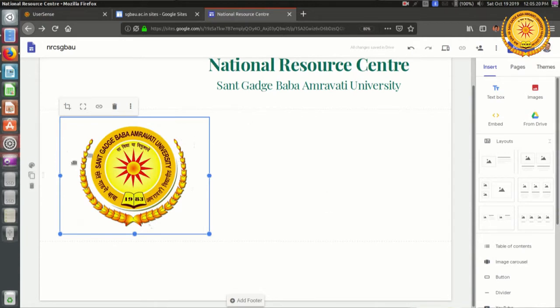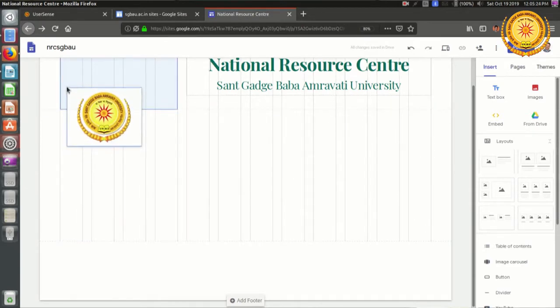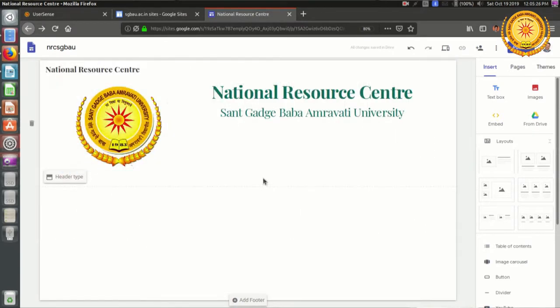So what I have to do is click it and drag. So see, the logo has now changed its location. But then if you observe it carefully, the size of the logo is much bigger than the title. So what I have to do is reduce the size. So click on the image, you will see some number of points.